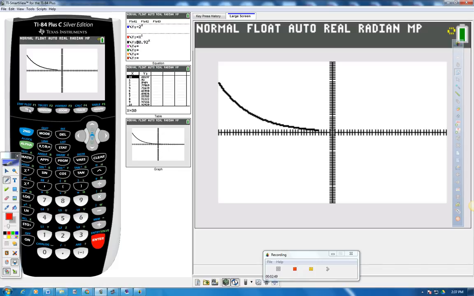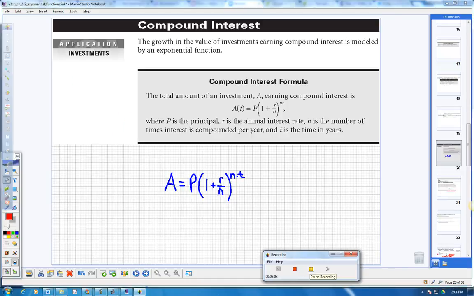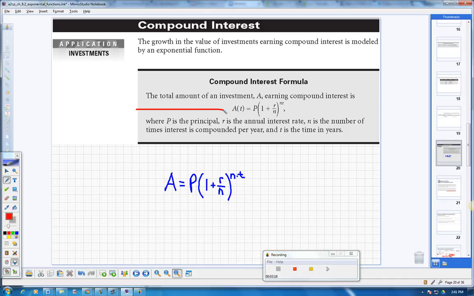Now, in addition to learning about exponential functions, we did discuss some common misconceptions. We also discussed the compound interest formula. They have it written in function form, right? Function form. A of t, or A with respect to time, the amount with respect to time, is equal to